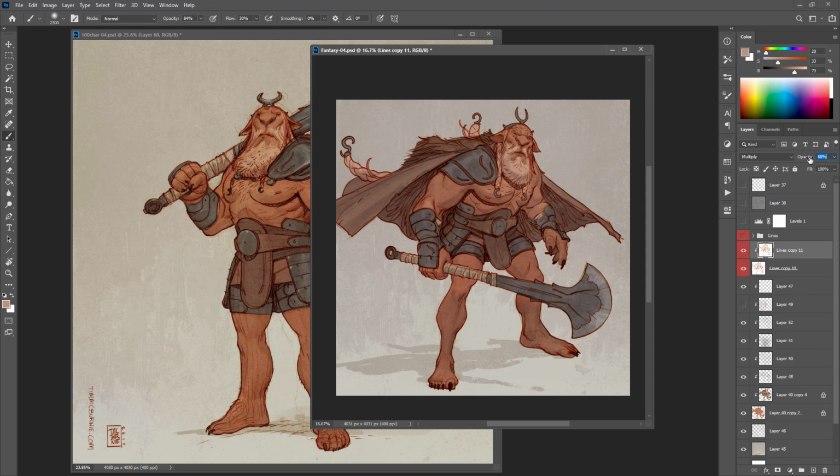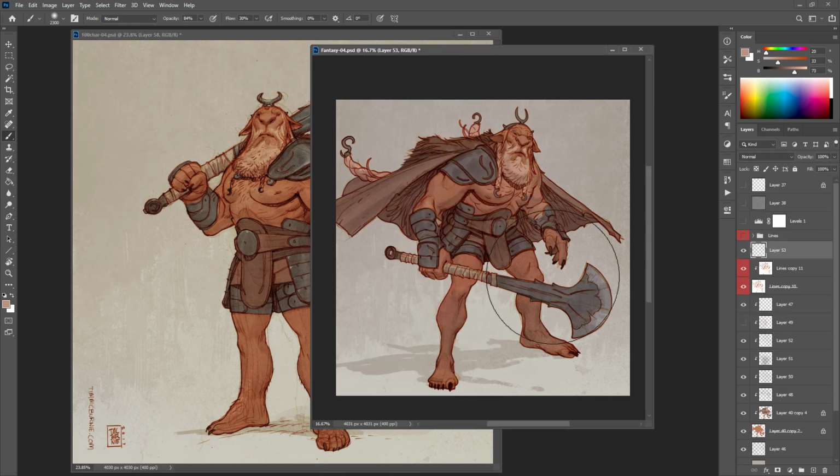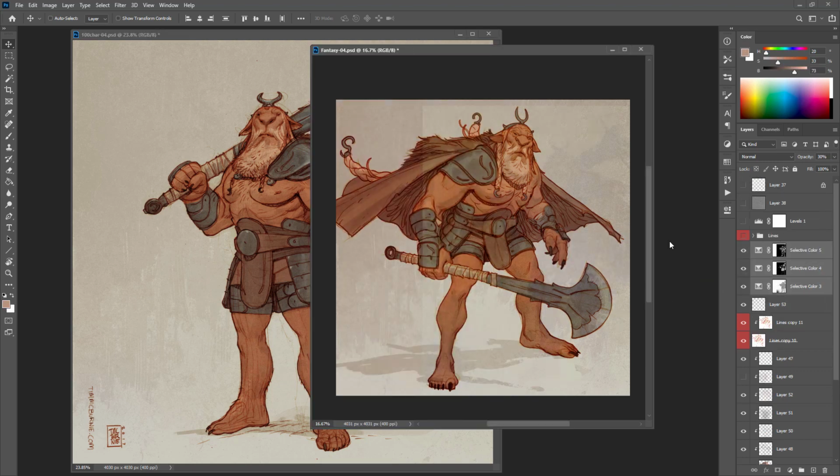So let's pump these lines a bit. I feel like we could push them a bit. So there is a bit of texture above everything. And then we've got a few things. So this is another thing you can do, right? We can literally take the same things here, right? We've got this selective color and